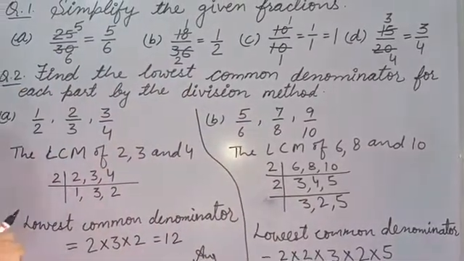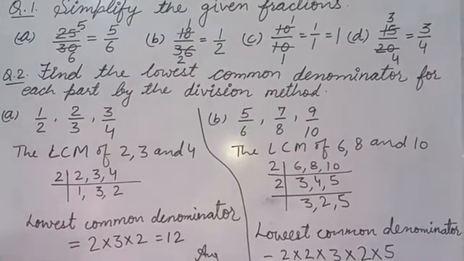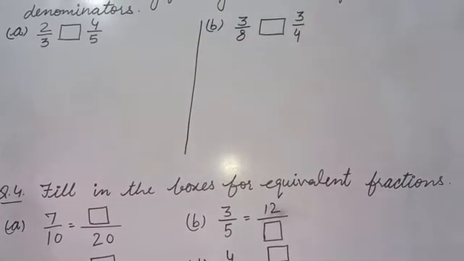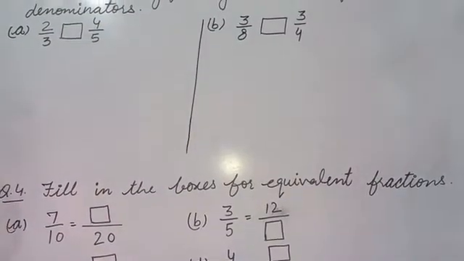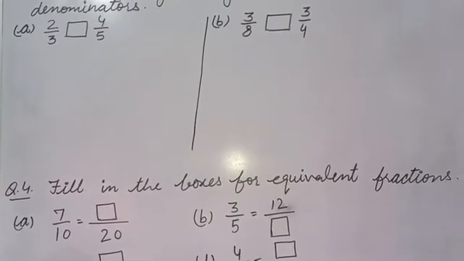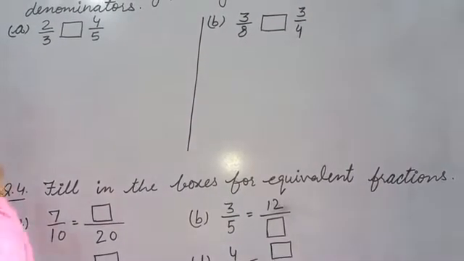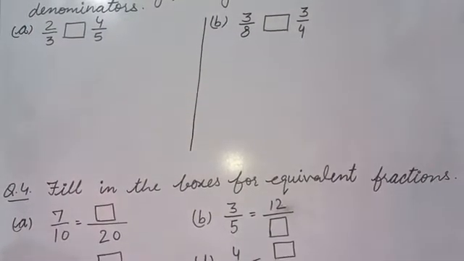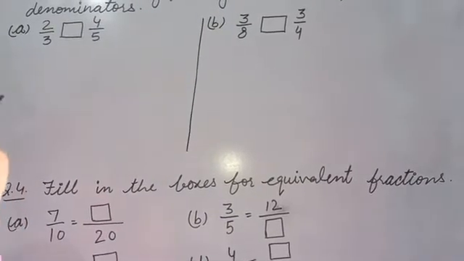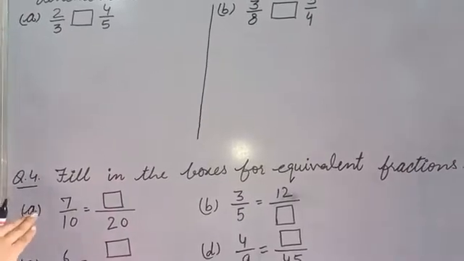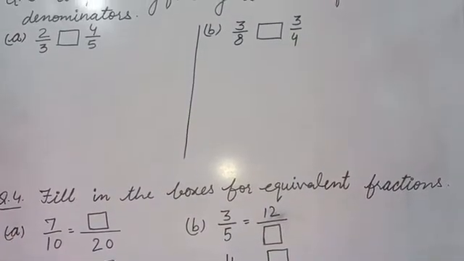Now C and D part you will do yourself. Question number 3. Compare by finding the LCM of the denominators. Here you have to compare both fractions by finding LCM of denominators. आपको डिनोमिनेटर का LCM फाइंड करके देखो. डायरेक्टली तो आपने किया था अभी रिकैप एक्सरसाइज में. By cross multiplication you compare, but now you will not compare by cross multiplication. You will compare by finding the LCM of denominator. So in the beginning I explained to you how you can compare by taking LCM of denominator. So like that we will do.